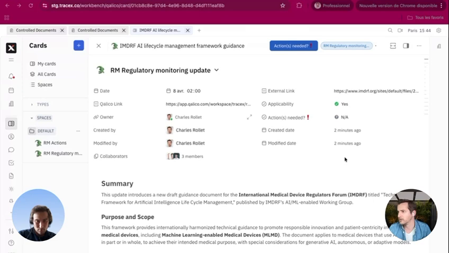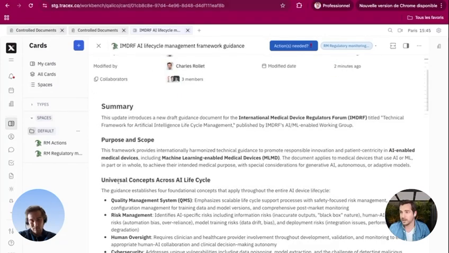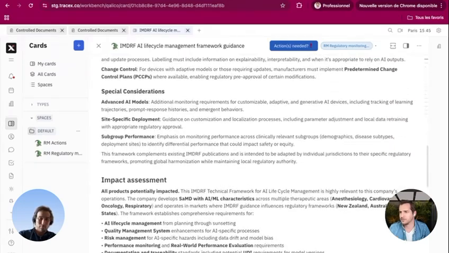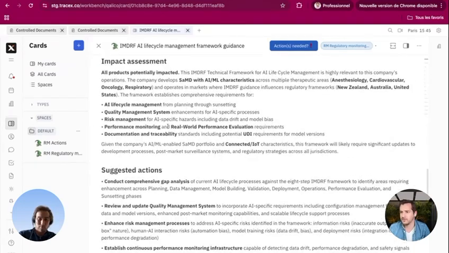If you open this one, you can see that you have the various information that are coming from Qalico: the external link, where it came from, the Qalico link, and the information from Qalico, which was a summary. Then we have the impact assessment and the suggested actions. So what are we going to do? We're going to follow the suggested actions